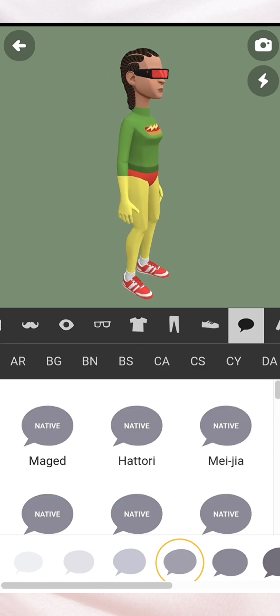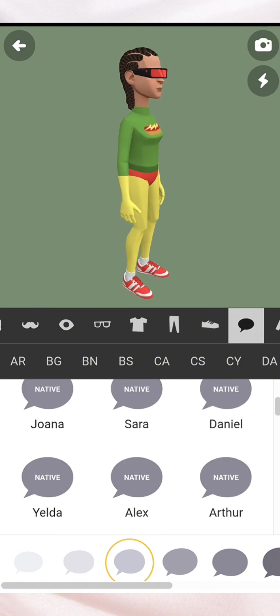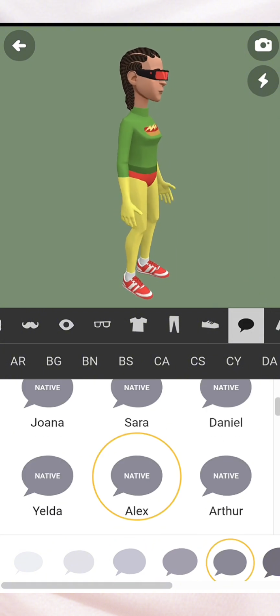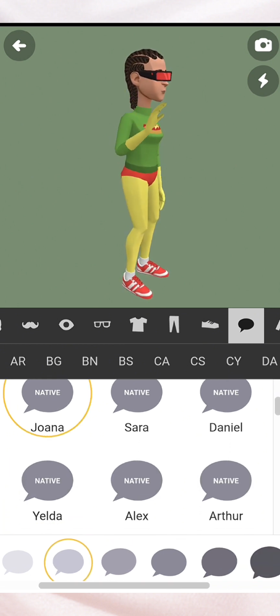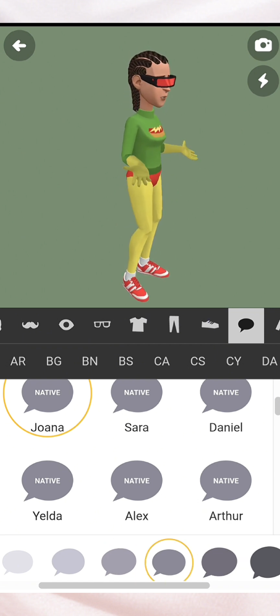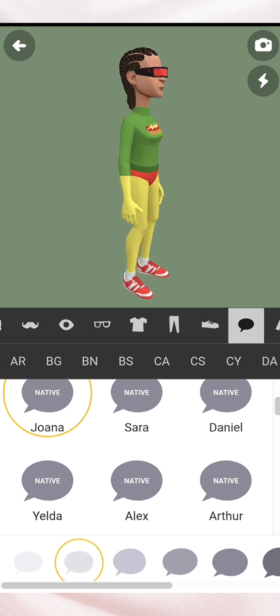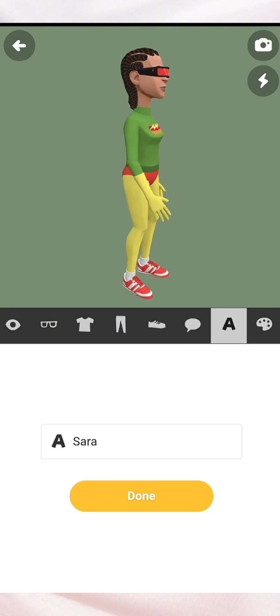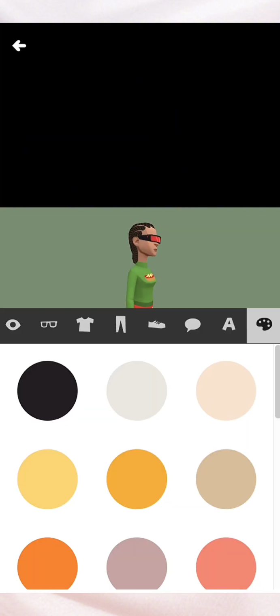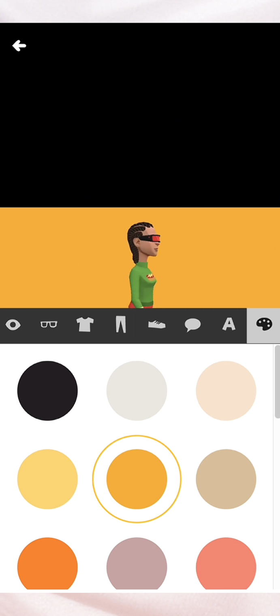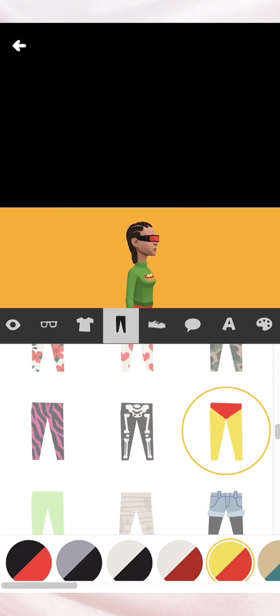This thing that looks like a name page, you click on it. Oh no, this is not for name. This is for language. So I picked a language, an English language, and I gave her a very good tone. After which I named her Sarah, and yeah, Sarah is good to go, and that is